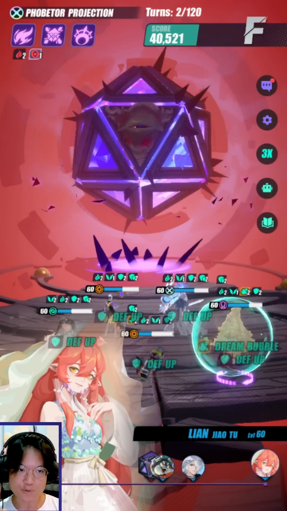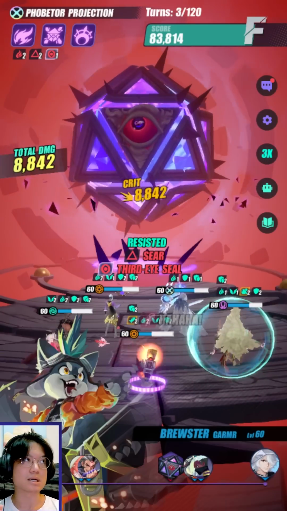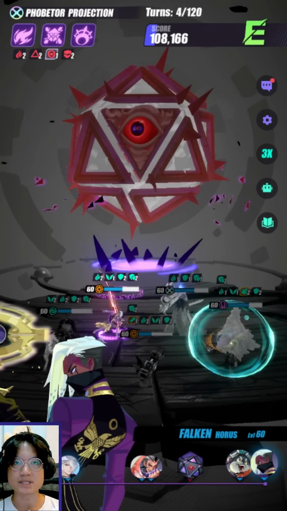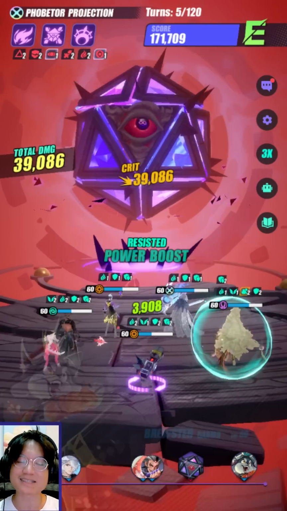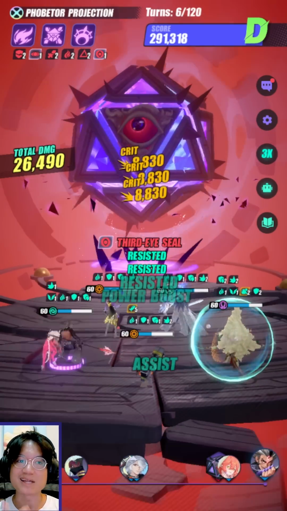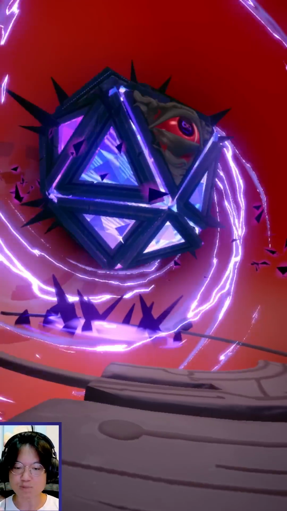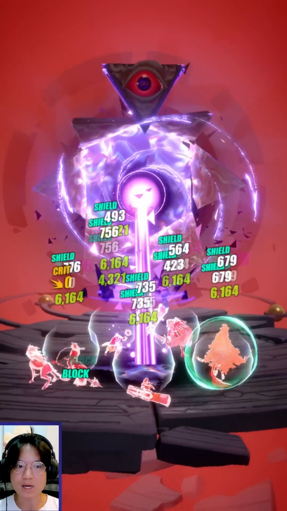So let's start off with Falcon. The reason why he's here is obviously for the speed lead, attack down, speed down, and his Horus Eye. The debuff duration cannot be lengthened, not like in the free-to-play showcase where I was using the White Twin to lengthen the Horus Eye effect. So his Horus Eye is not going to perpetuate, but the reason why we need the Horus Eye here is